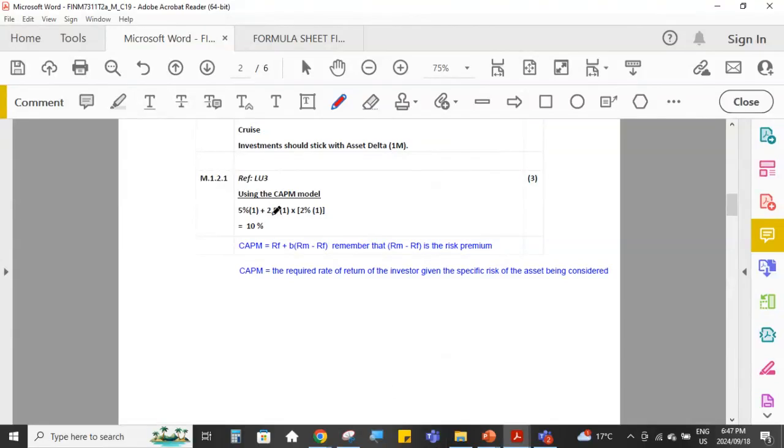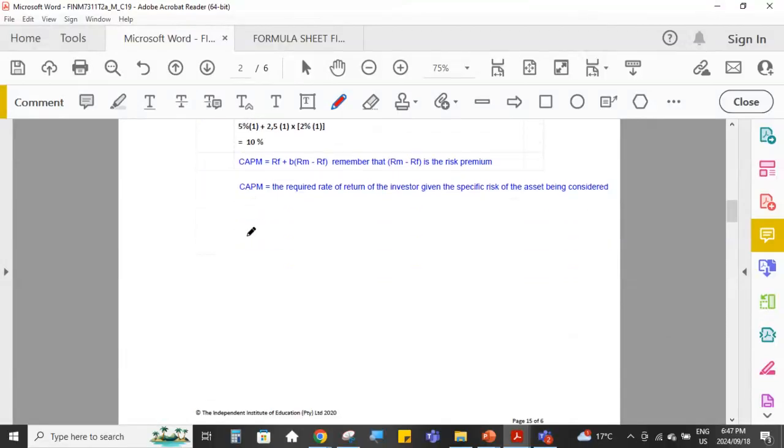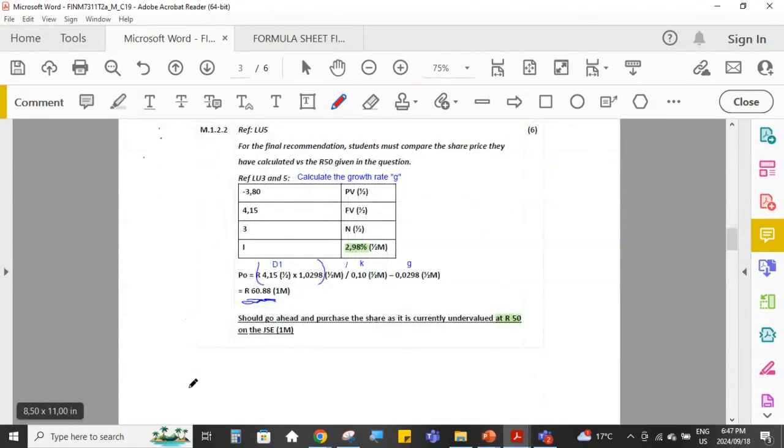So 2.5 times 2 is 5, and we're adding that to 5. That's how we got our 10. Okay, so